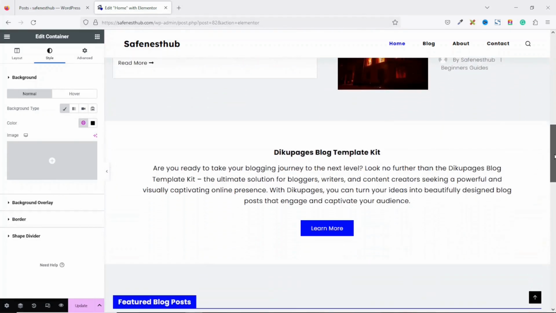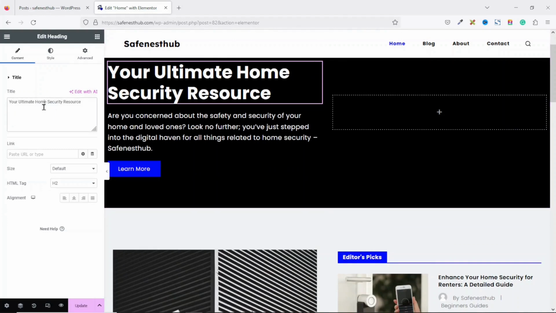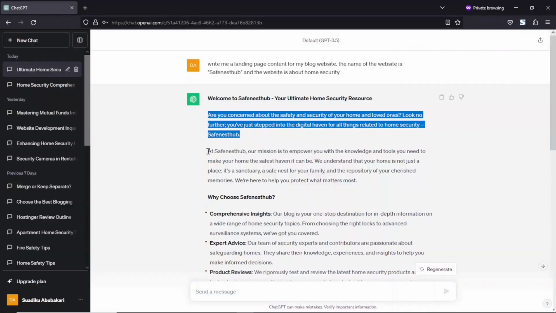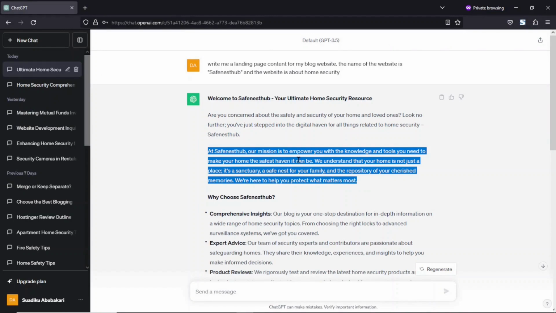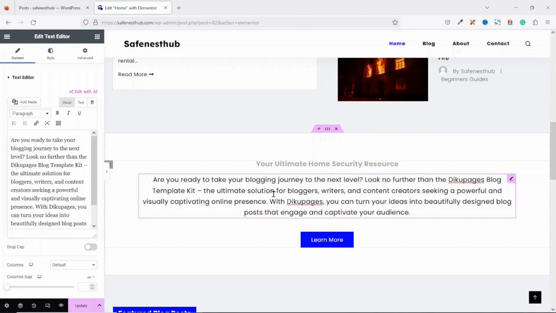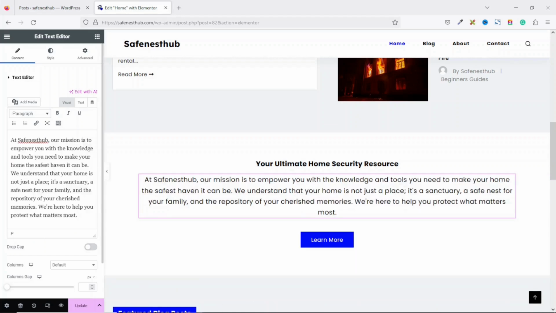Going down, let's go ahead and enter some content right here, and I'm going to repeat this title here. I just copy it from here. Going down, I select it, then I go ahead and paste in the new one. Going back to ChatGPT, I'm going to go ahead and select the whole of this, and I'll take it in here. I just select it by clicking inside, click in here, select all, delete, then I go ahead and paste in